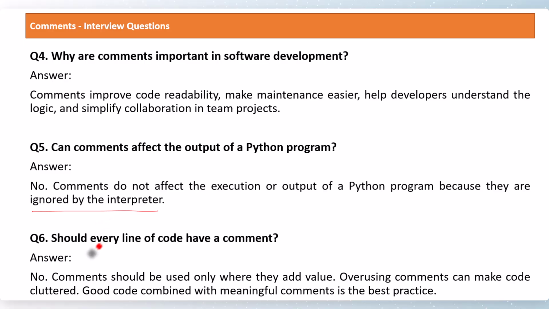Should every line of code have a comment? This will be a question. Do we need to write a comment for every line? Actually, no. Comments should be used only where they add value. Overusing comments can make the code cluttered. Good code combined with meaningful comments is the best practice. Don't write comments for every line. That is not recommended. So wherever it is required, then you can write a comment